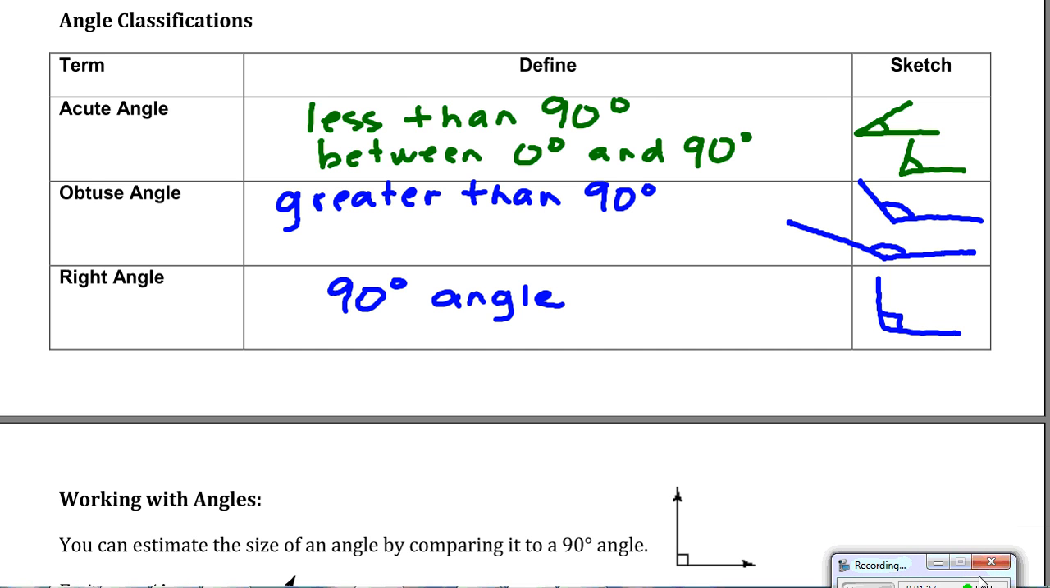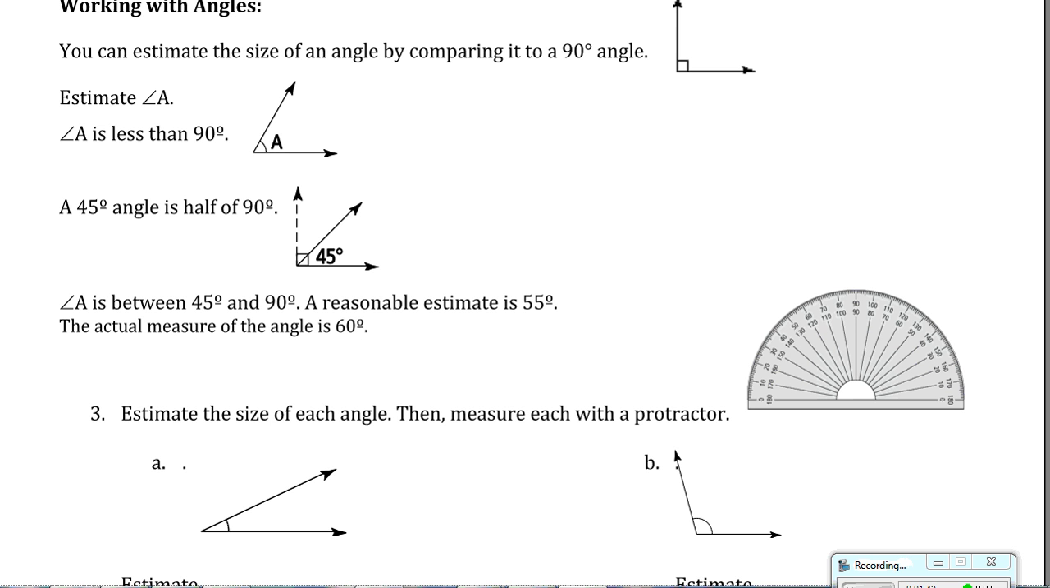So hopefully that review was actually a review for you. So next part, if we're working with angles, we can estimate the size of an angle by comparing it to a 90-degree angle. So is it less than 90? Is it a lot less than 90? Is it greater than 90? Is it a lot greater? Is it greater than 180? That kind of thing. So if we look at this first example for angle A, we're estimating, okay, well, it's